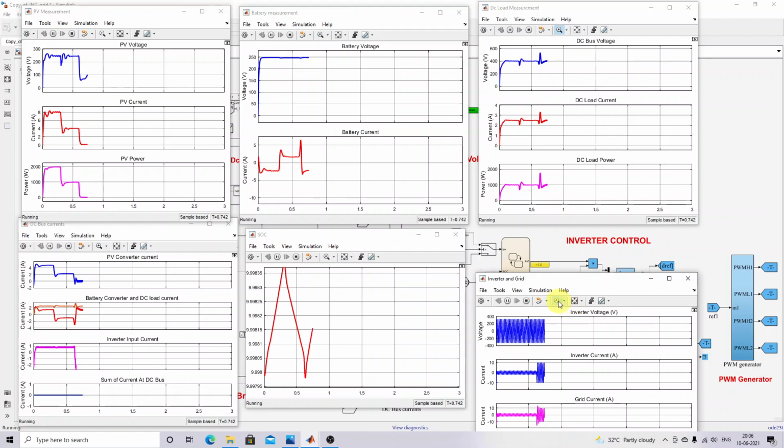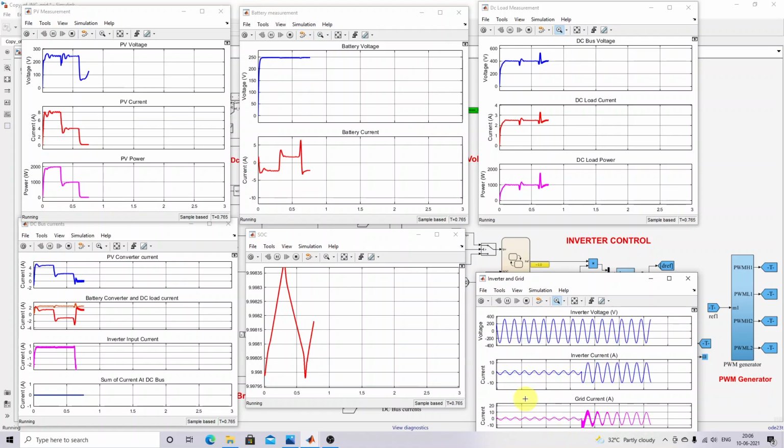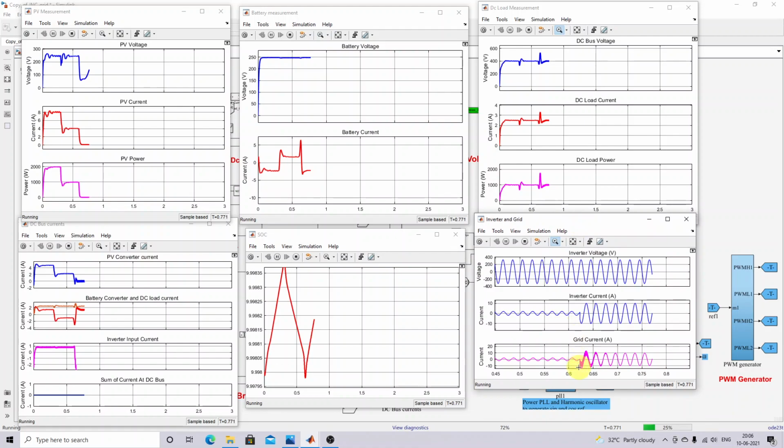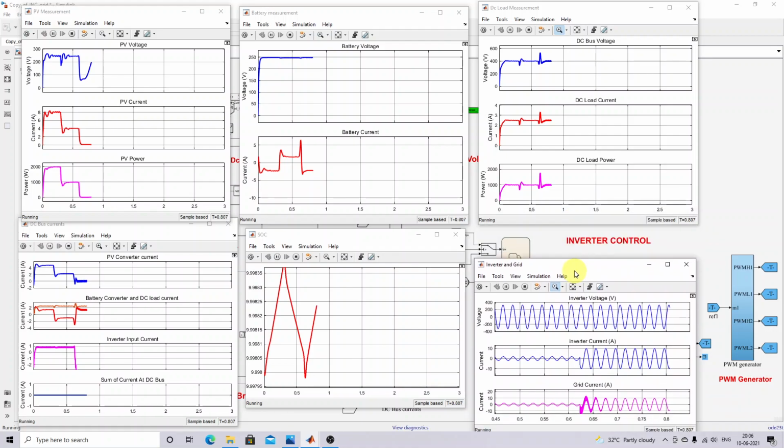I will zoom in on that current, and you will get some idea. So here the phase sequence of the grid has changed, reversed, right? And also the reference current is minus 10 amps. Minus 10 amps is supplied from the grid to charge the battery as well as to drive the DC load. Now we can see that the SOC of the battery keeps increasing because of power from the grid.